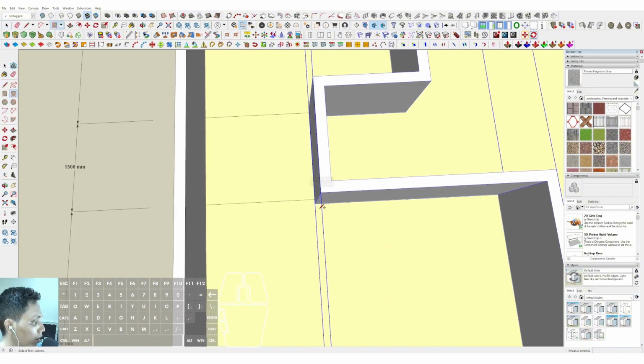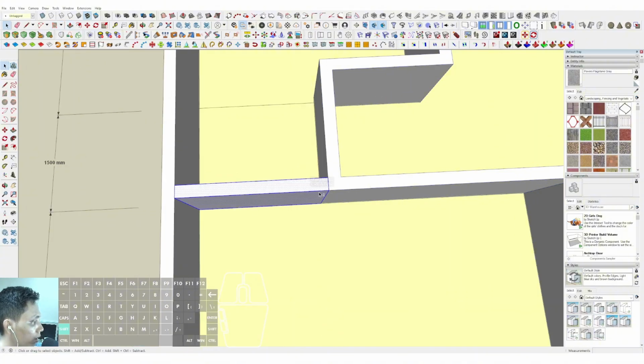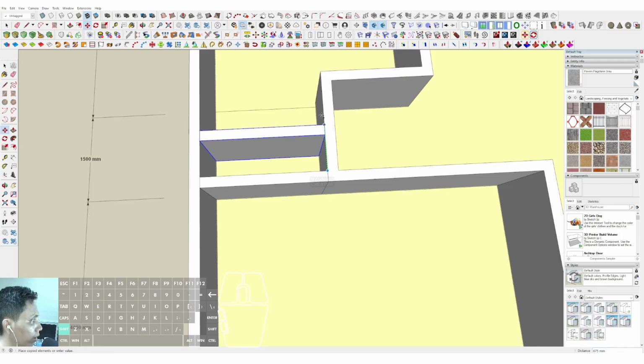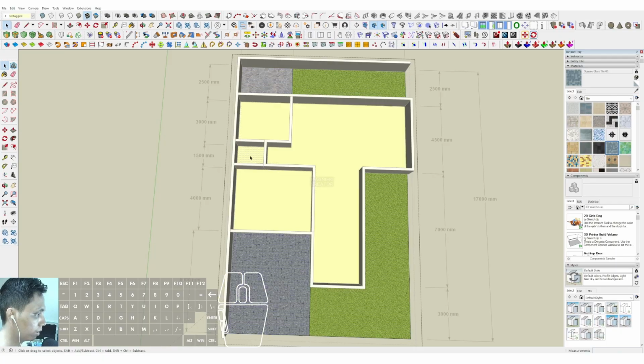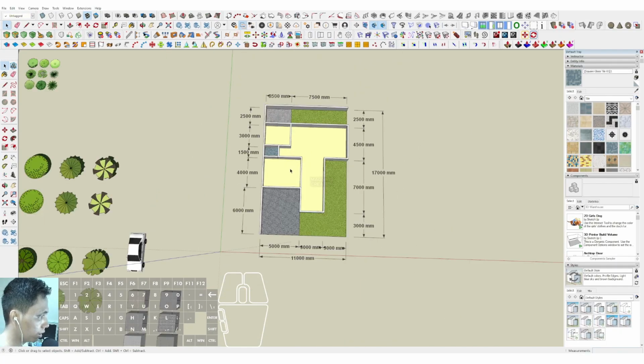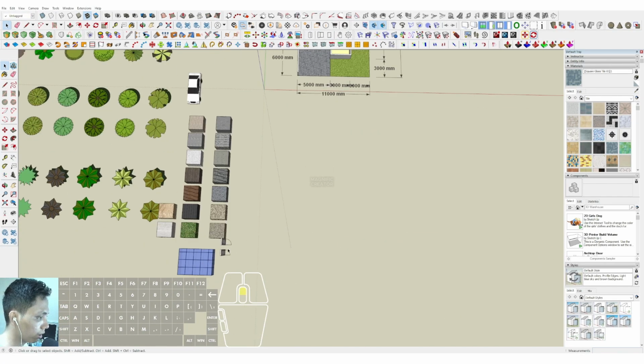make the rotate rectangle in here. Rotate rectangle 150, and place. Okay, and place. Okay, so we can make the distinction between the flooring of the bathroom in here. So this is the distinction, and now we can